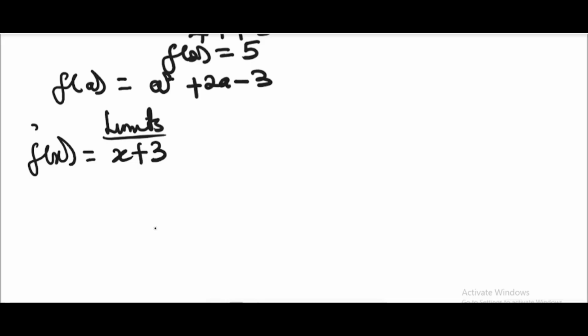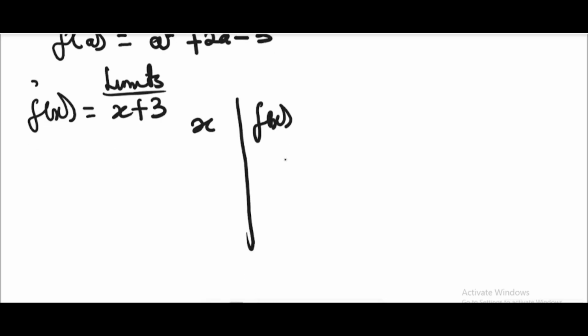That's a question. If the function f of x is equal to x plus 3, what happens to f of x? Remember that f of x is the output where x is the input, right? So now, what do you think will happen to that output when the input is getting closer and closer to 2? Now, let me show you what I mean. I have an input x and I have an output f of x. So now I ask a question, what happens to the output f of x as x is getting closer and closer and closer